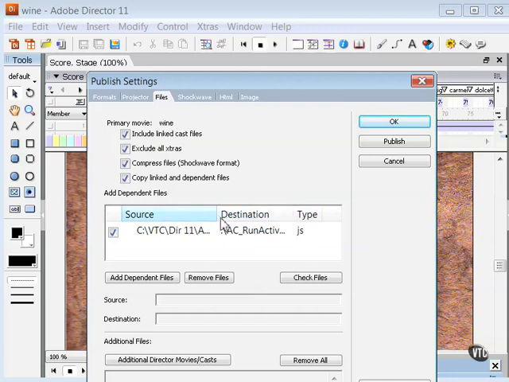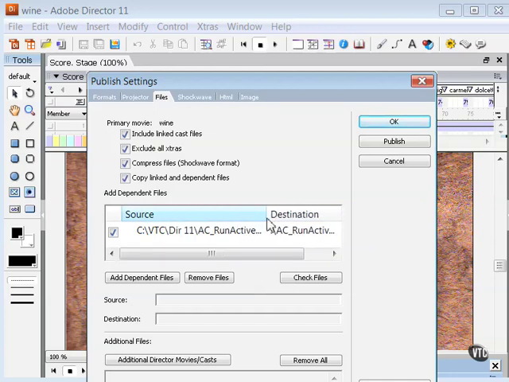Type is JavaScript. There's the destination, and there's the source of where it's getting the file. I find that this is the trickiest part of publishing for most of my students. So again, go through these options carefully, run through some experiments, and also notice where Director is publishing all of